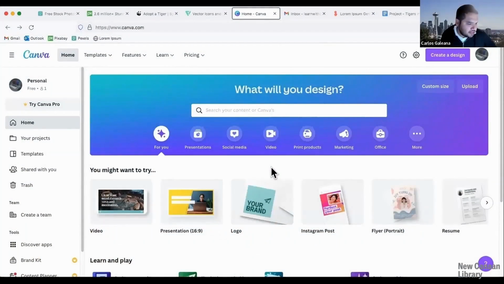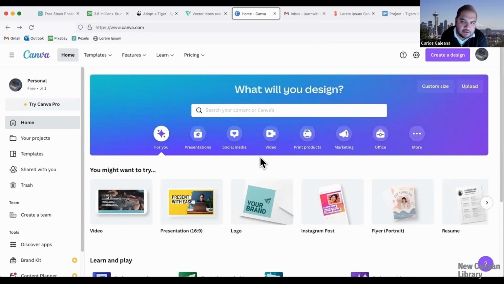So here is Canva. Canva, spelled like the word canvas, but without the S at the end. It's been around for quite some time now, since around 2015. And one of the exciting things about Canva is that it's all on the internet. So you don't have to worry about installing anything on your computer. And regardless of the operating system you have at home, whether it's a Mac or Windows or Linux or Chromebook, you basically get the same function because it's all on the web.